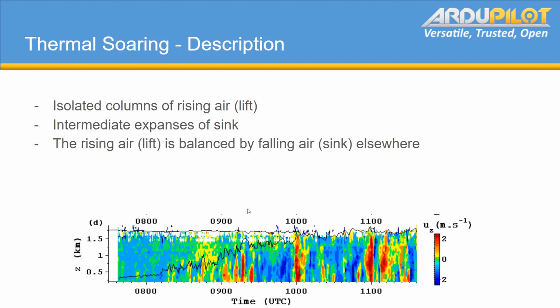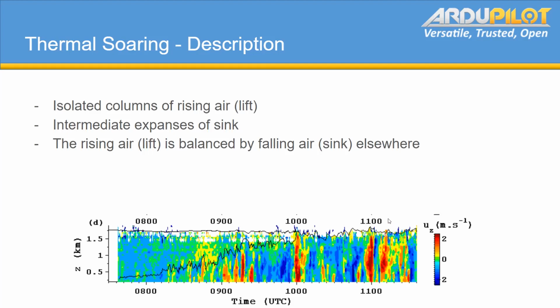So if you were to take a slice through the atmosphere on a day like that, with these conditions, you would see something like this plot. This is actually a plot from a LiDAR measuring device pointing up into the atmosphere and measuring the vertical velocities of the air. And you would see these isolated columns of red, which is rising air, and those are surrounded by areas of blue, or sinking air. And overall, due to conservation of mass, the whole thing balances out,